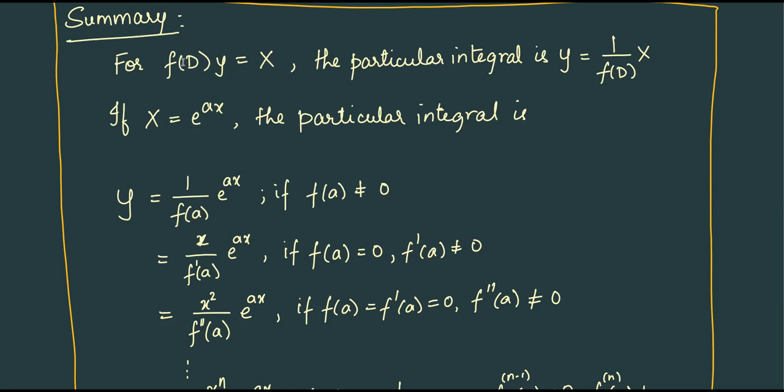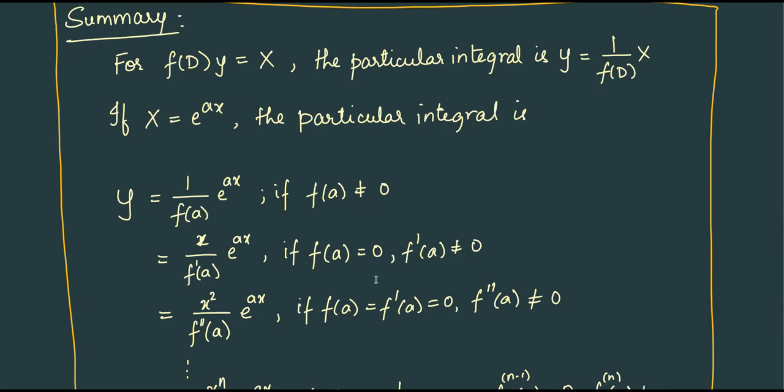Suppose this D is replaced by a in the polynomial of D, and replacing it with a does not make that polynomial zero. That means a is not a root of the auxiliary equation. If a is not a root of the auxiliary equation, the particular integral is 1 by f of a times